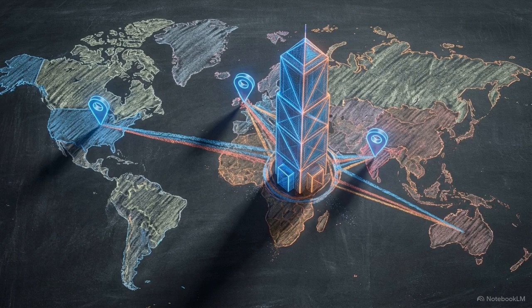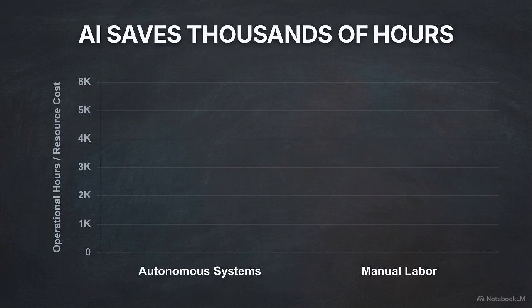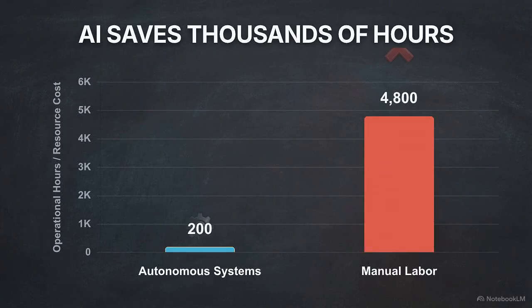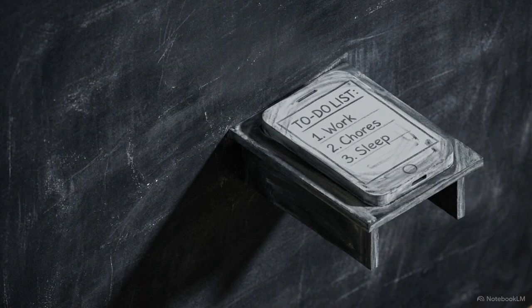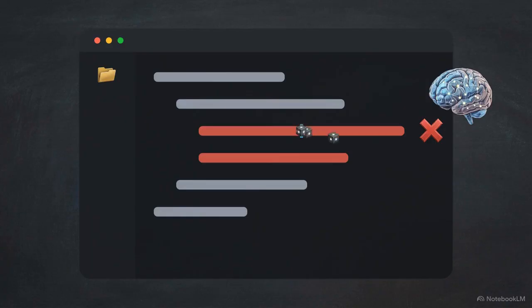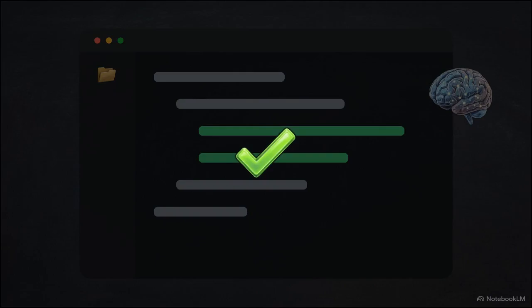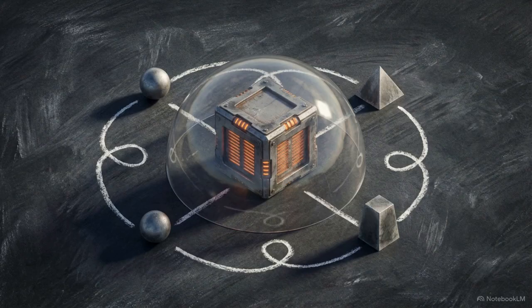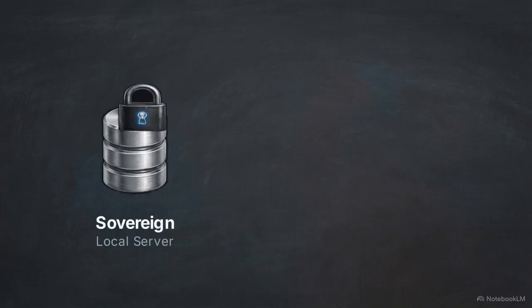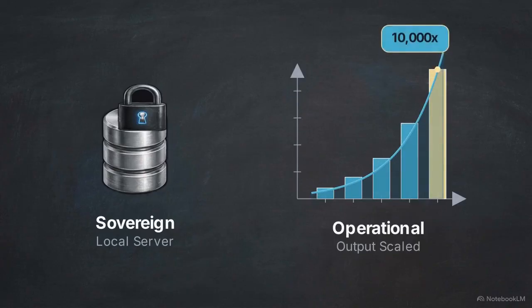Enterprise companies across the US, UK, and India are actively hiring for these specific skills. They want engineers capable of building autonomous systems that save thousands of hours of manual labor. A standard to-do list app no longer distinguishes a candidate in a competitive market. A local AI agent that can autonomously debug a codebase demonstrates the exact technical competency firms are currently prioritizing. Organizations heavily compensate engineers who can design multi-agent workflows that run securely on local, sovereign servers because it keeps their proprietary data safe while scaling their operational output.